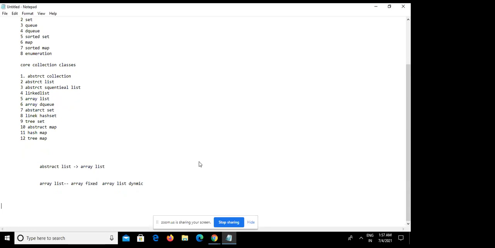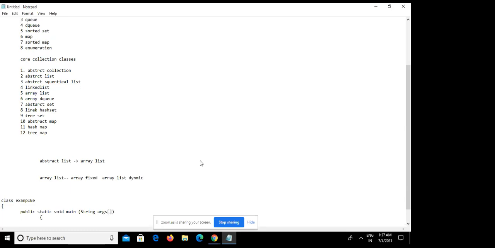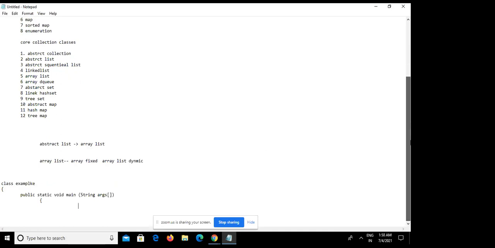So let me first code one program, then I will come to the definition. I am creating one class, Example, and putting one public static void main. I am creating the ArrayList object, because it is a class, so we need an ArrayList object.